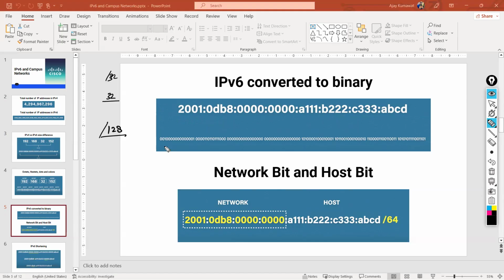Because see, in an IP address, everything will be either host bit, network bit, or combination of both. IP address is made up of 2 parts, right? Same thing here. Now, whenever you will take an IP address from a service provider,